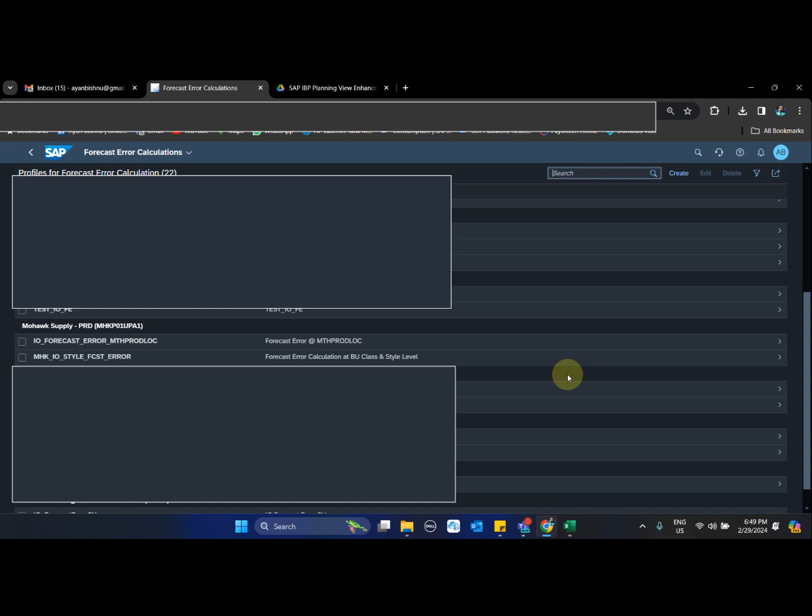Now in today's video, we are going to cover the second and most important set of inputs, based on which IO determines the right mix of recommended stock at a product location combination in a full network.